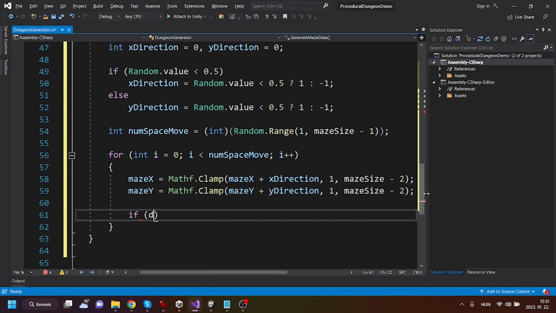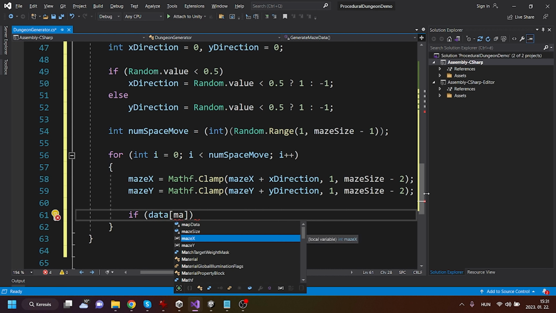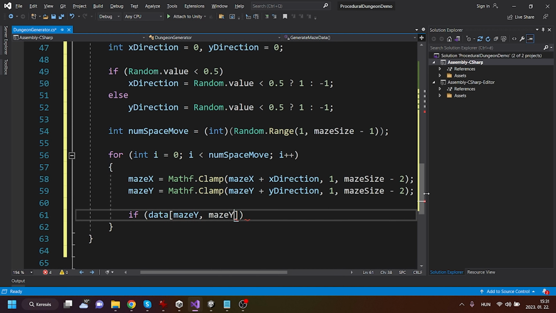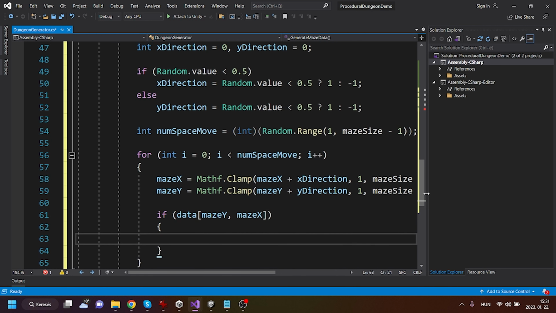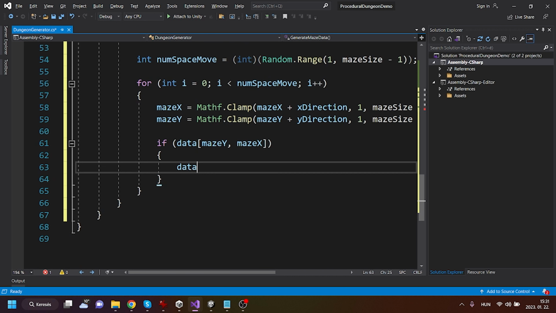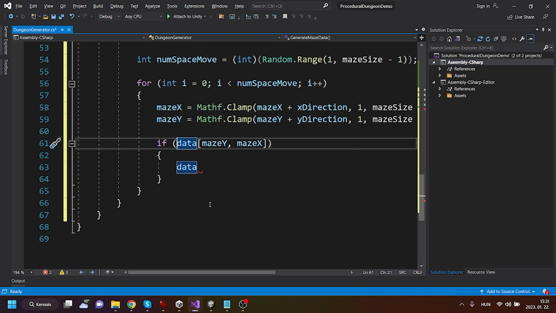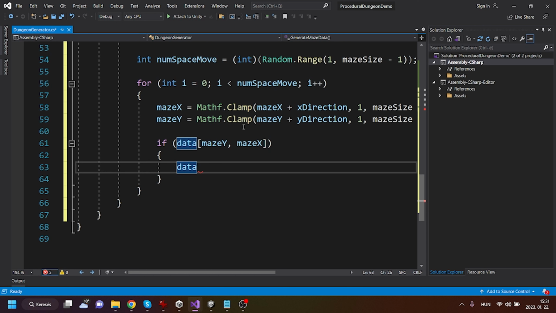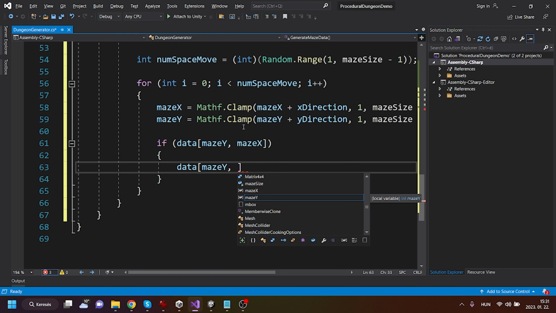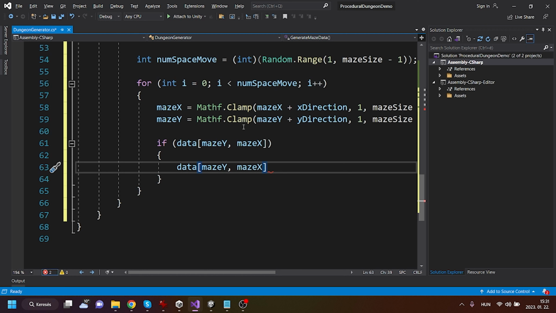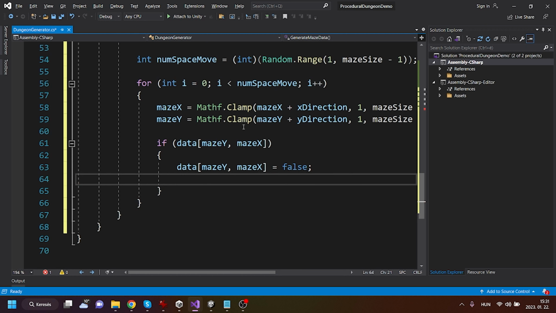Okay. And now I will just index into our map data with those variables which show us the current position. And what I wanna do, if it is true, so it is a check. If it is true, it is the exact same as if I would say it equals true, but we can do it in a shorthand way without the equal true. So if it is true, meaning that there is a wall, which at the beginning obviously will be true for everything, then we will assign a false to it, and we will here increment the tiles consumed,